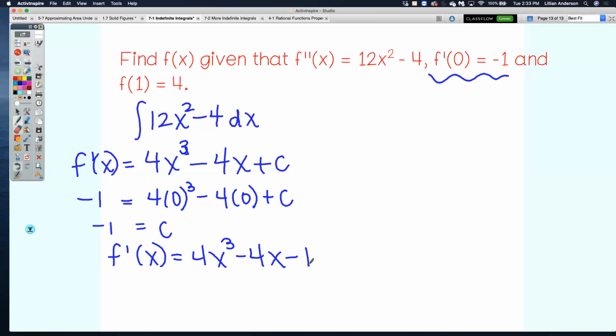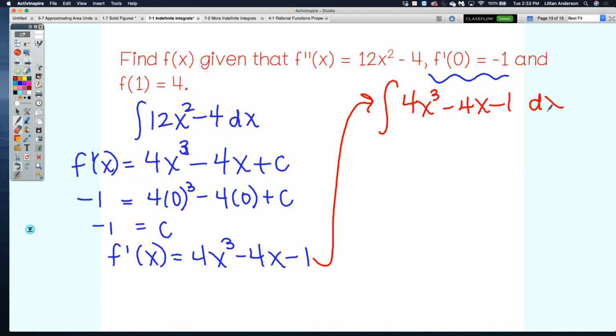And then you gotta find the antiderivative of that, don't you? I have to find the antiderivative of this. I repeat this process to actually find the answer that they're wanting me to get, which is the original function. So I take the antiderivative of the first derivative. That's going to give me x to the fourth minus 2x squared minus x plus,